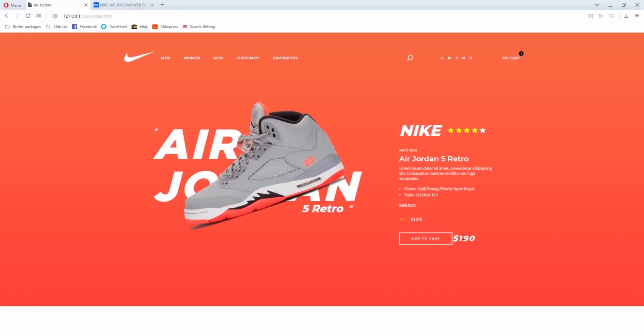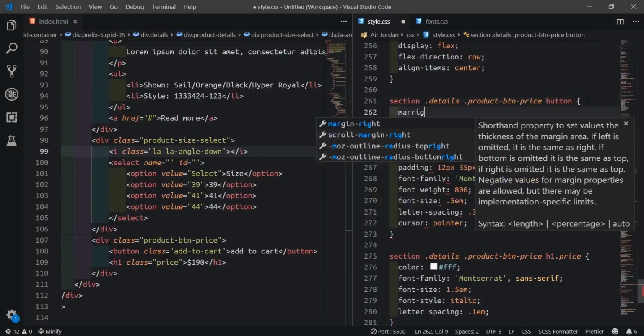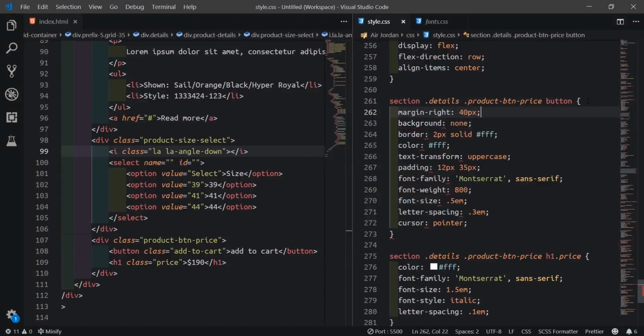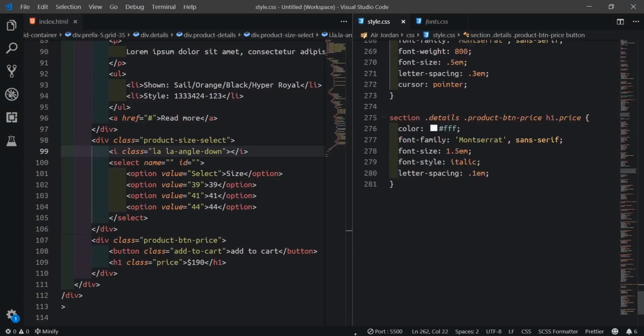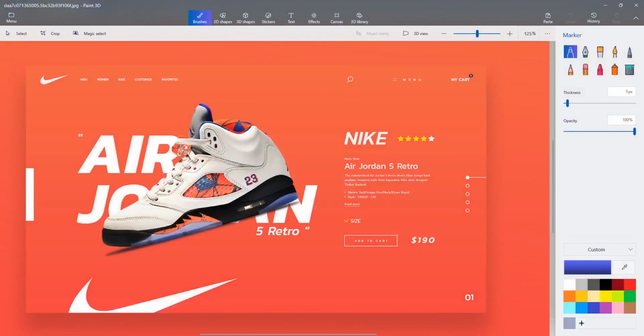So go back and we'll get this. So now I want to push this one. To push it now, we'll add margin right to this button. So for the top here now, I'll just say margin right to like 40 pixel. So if we check them out, voila, we actually get the design here.